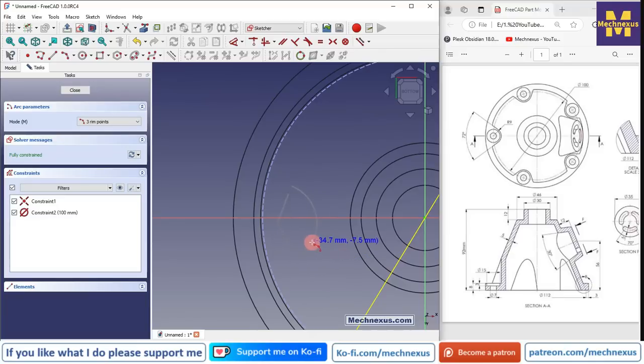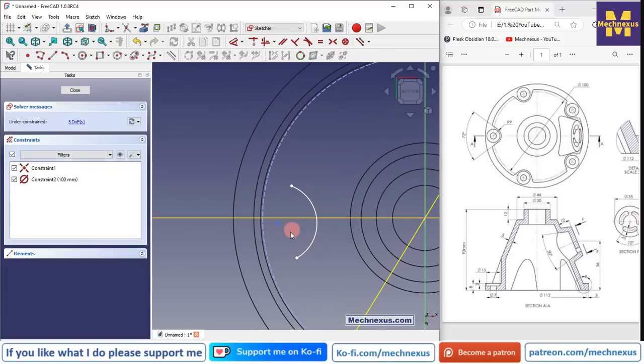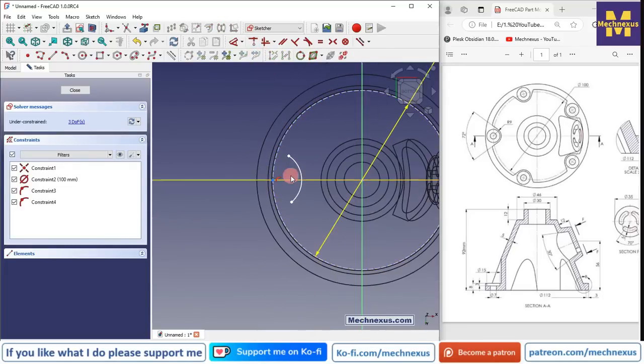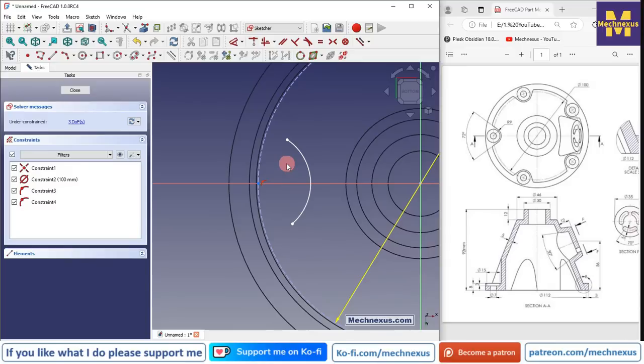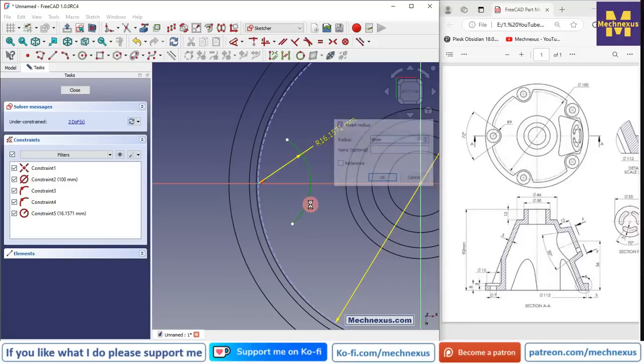I will create a rough 3-point arc, and I will select this point and axis. I will make it coincidence, and then I will select it and make it a coincidence with my PCD diameter. Now this is of the R9, so I will go here and give it R9,